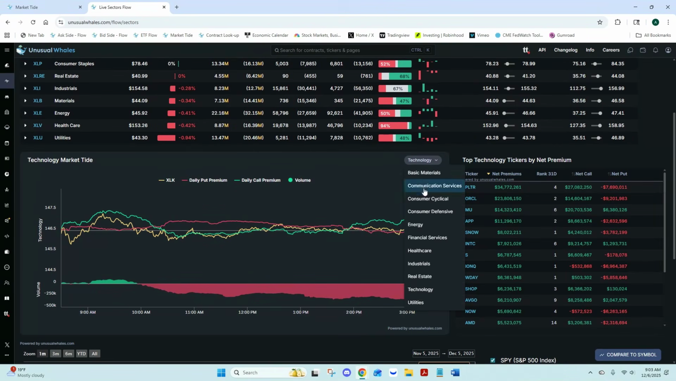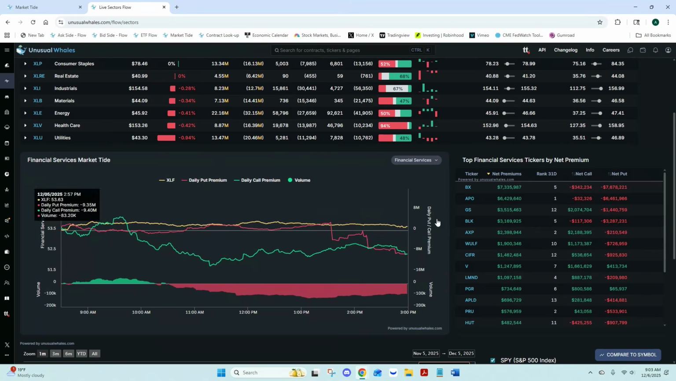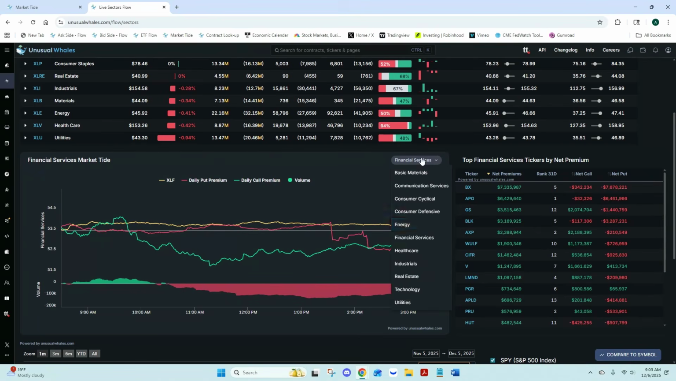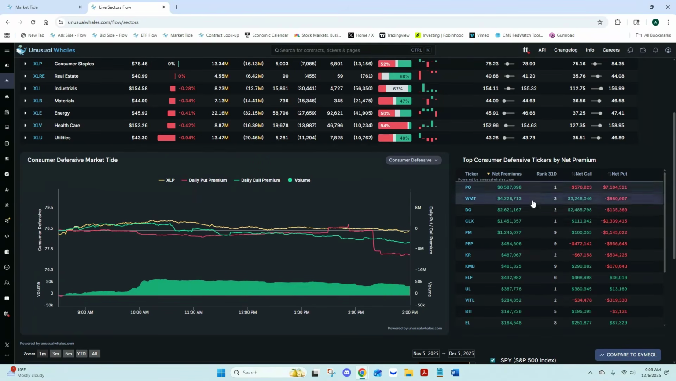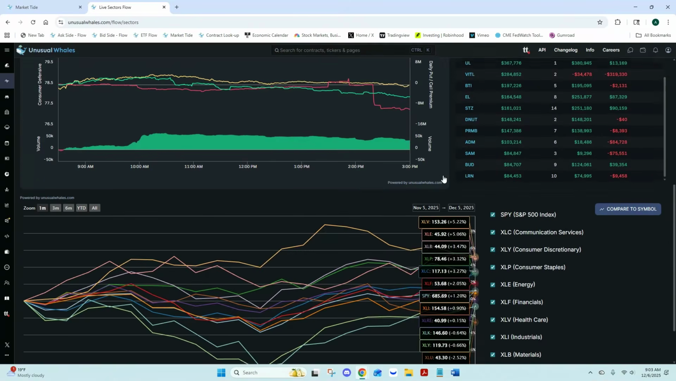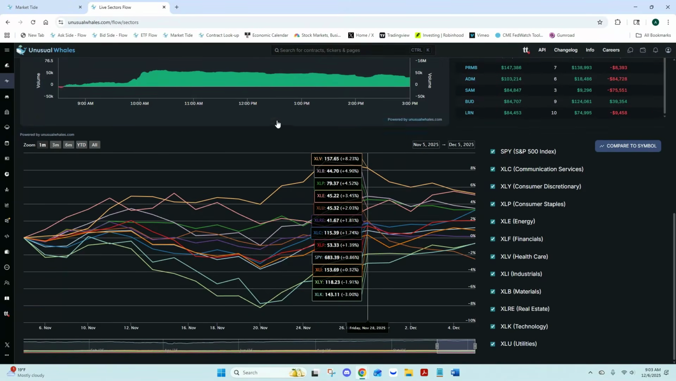So if you wanted to look at financial services net premiums, that's their net premiums for Friday. You look at tech, and so on. You just go on through that, and it'll tell you the top technology tickers by net premium as well. If you switch this to consumer defensive, it's going to pop over there. And you can also come down here, and if you want to compare different symbols, like if you want to compare